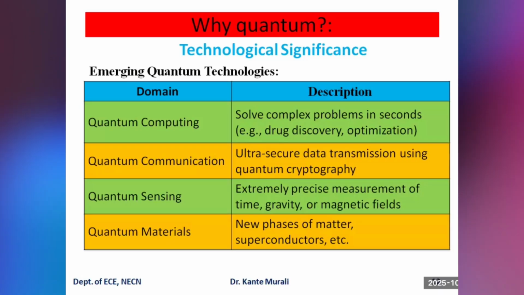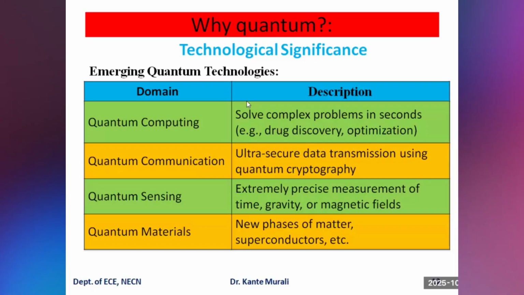For example, in a recent update from China, China's Micius satellite used quantum key distribution, that is QKD, to transmit secret codes between cities very securely. Next, coming to quantum sensing, it supports extremely precise measurement of time, gravity, and magnetic fields. That means it is able to measure extremely small changes in magnetic and gravitational fields. Using this concept, we can build quantum magnetometers, which can detect brain activity. This leads to a breakthrough in early diagnosis of diseases. It is very useful in magnetic imaging like MRI scans, all in the medical field.